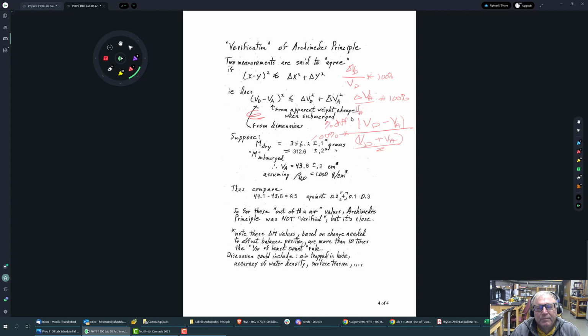So if the percent difference is bigger than those two error bars, then that means that there's something wrong. And in this case, let's see what they're doing. If they're adding together the error on both of them, which is basically a hypotenuse of a triangle, delta x squared plus delta y squared,